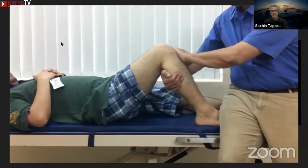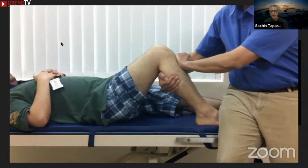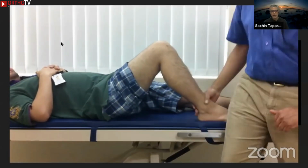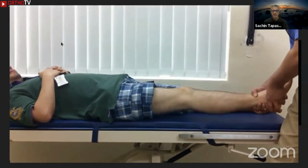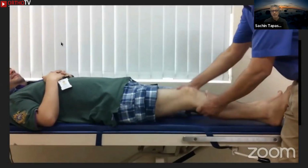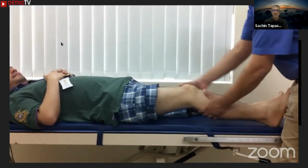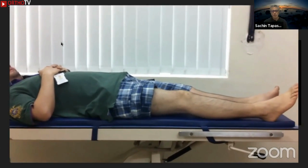He's got a lax knee because I've got rid of all his hardware and his graft as well. And he seems to be quite content and does not want to have a second procedure in spite of having a knee that is clinically lax, but he does not feel instability in his activities of daily living. So he's modified his lifestyle now, does not want to go back to physical activity, and he seems pretty happy